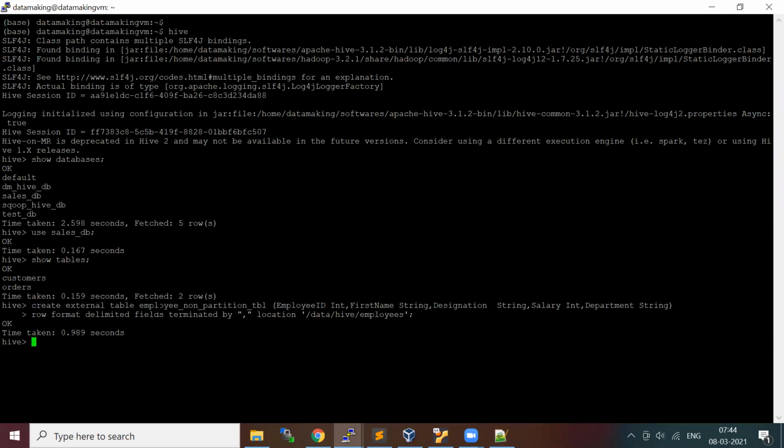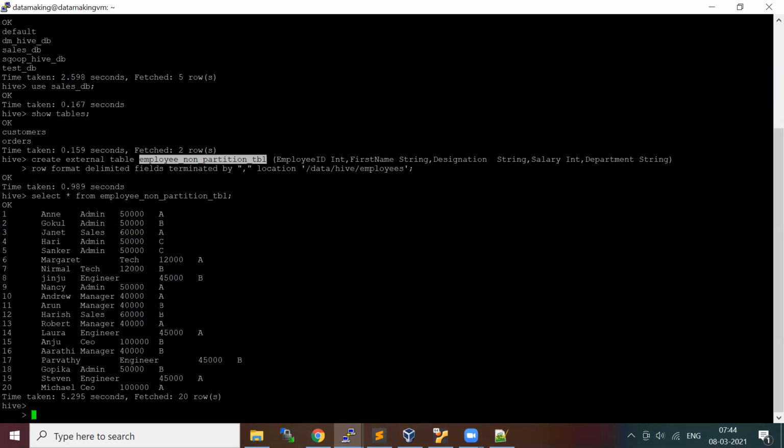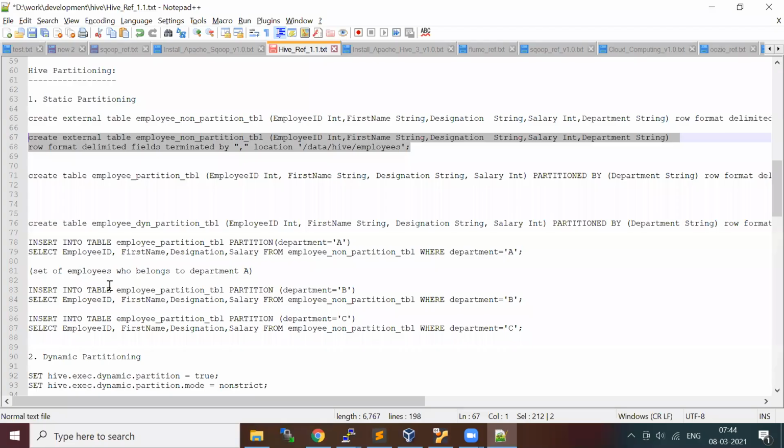Now if we query this table, it's showing the 20 records.